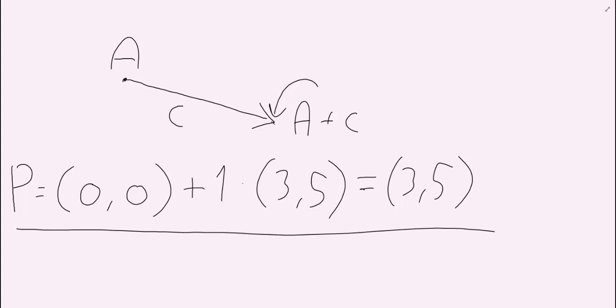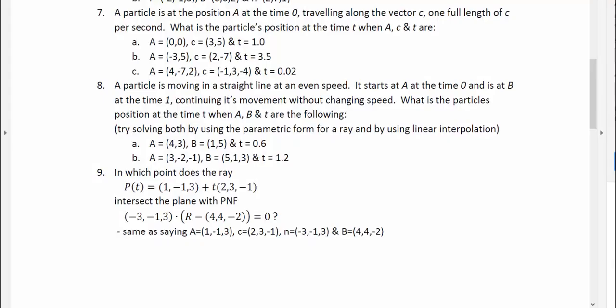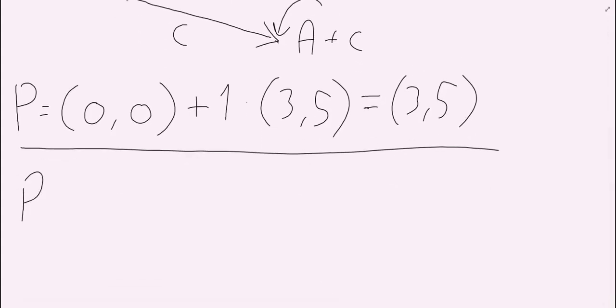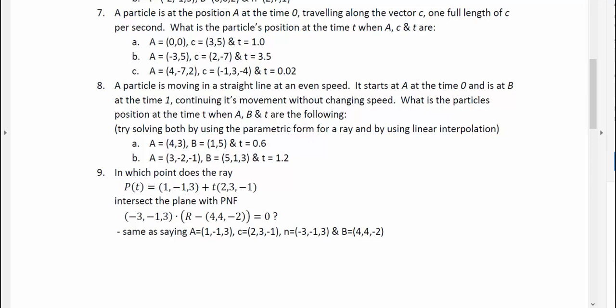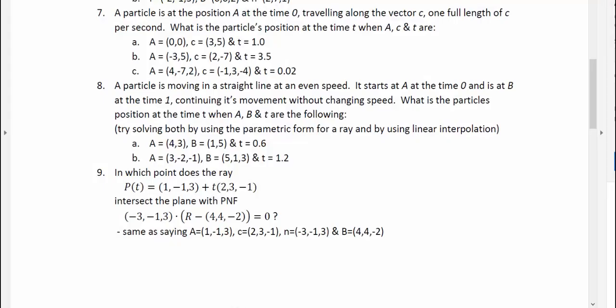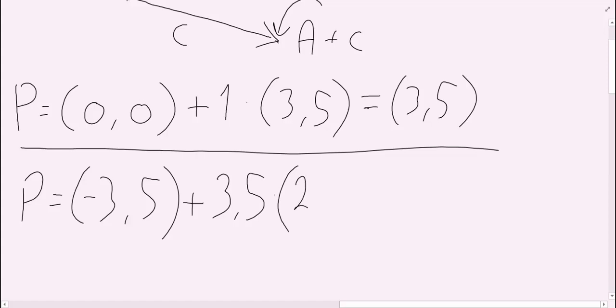So next part, we have minus 3, 5. So P equals minus 3, 5 plus the t is 3.5, plus 3.5 times the vector c, which is 2, minus 7. Which gives us